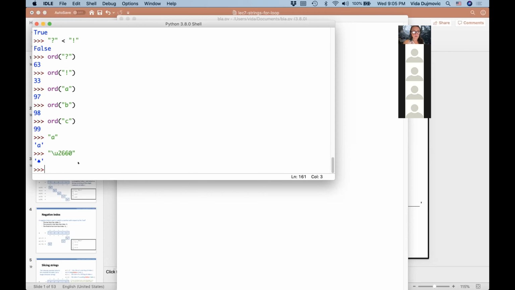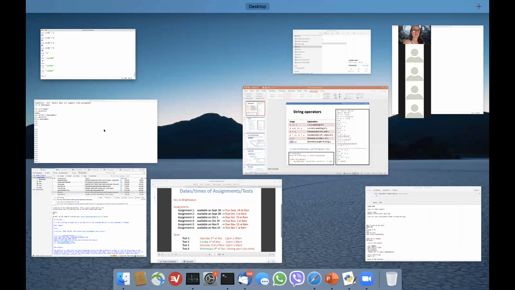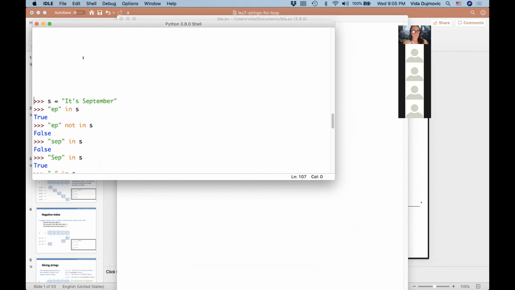Okay, so let's try what comes after that. We have a heart. What comes after that? We have a diamond. Okay, so it looks like there are even 2 versions, the one with the colored thing inside and not colored. So actually, control, which was it?